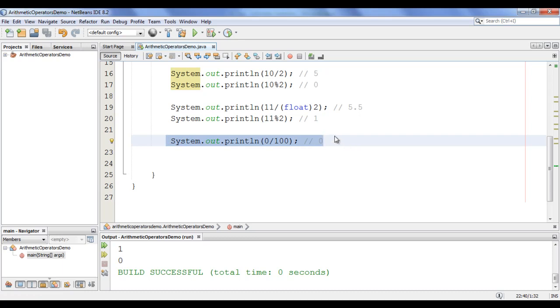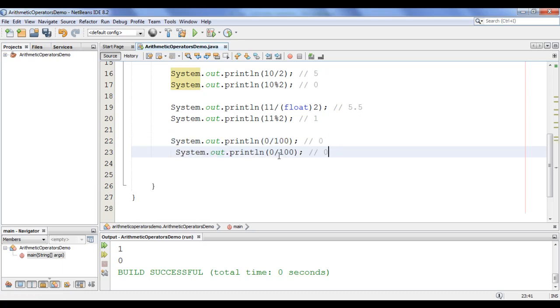I'm going to copy this line of code and paste down. If I say any value divided by 0, we get an error, guys. We get the error called division by 0 error. That is, we get a runtime error. Runtime errors are called exceptions.